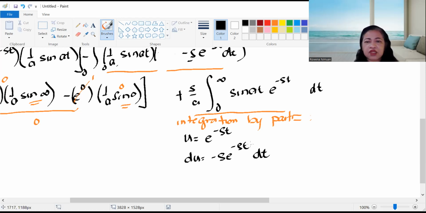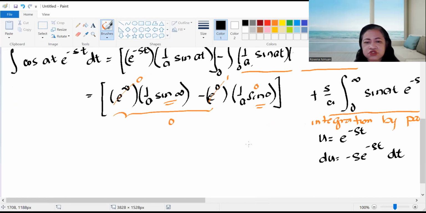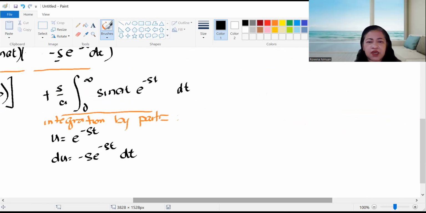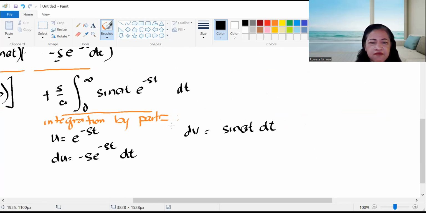Then if I choose my dv as sine of at dt,